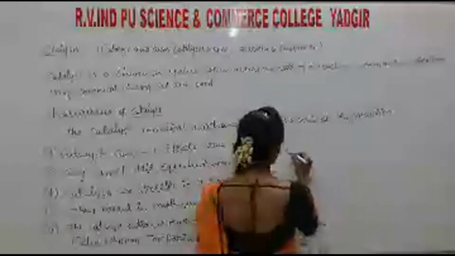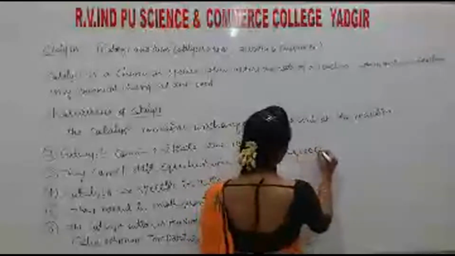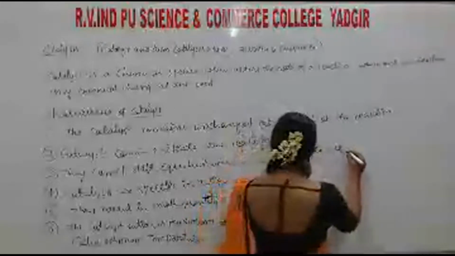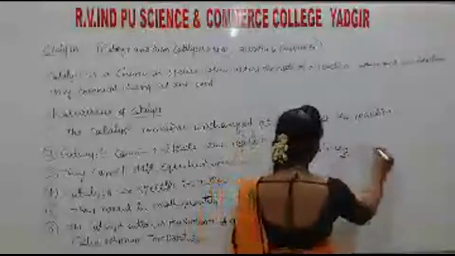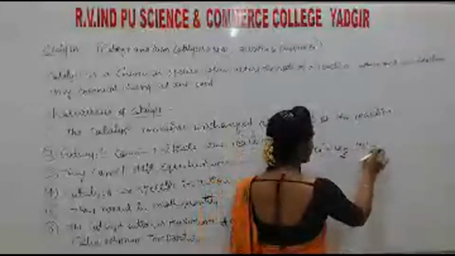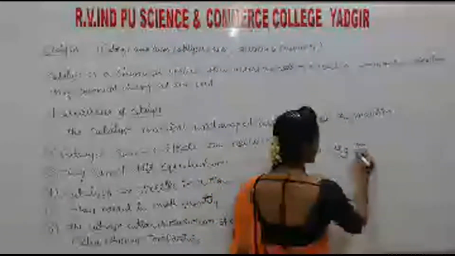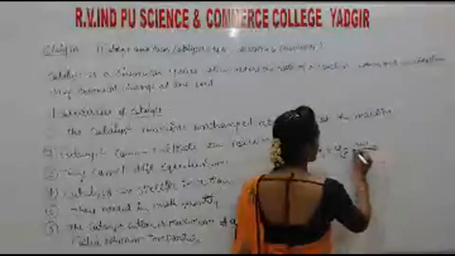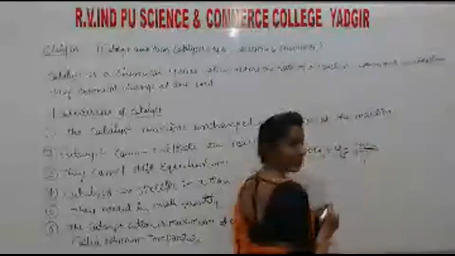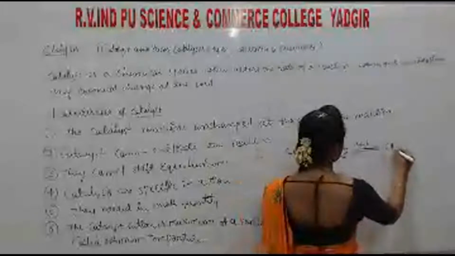So I'll take this CH3COOCH3. To this, H2O is added. Hydrolysis in the presence of HCl. So students, this is a reversible reaction. Equilibrium is like this. Then it forms CH3